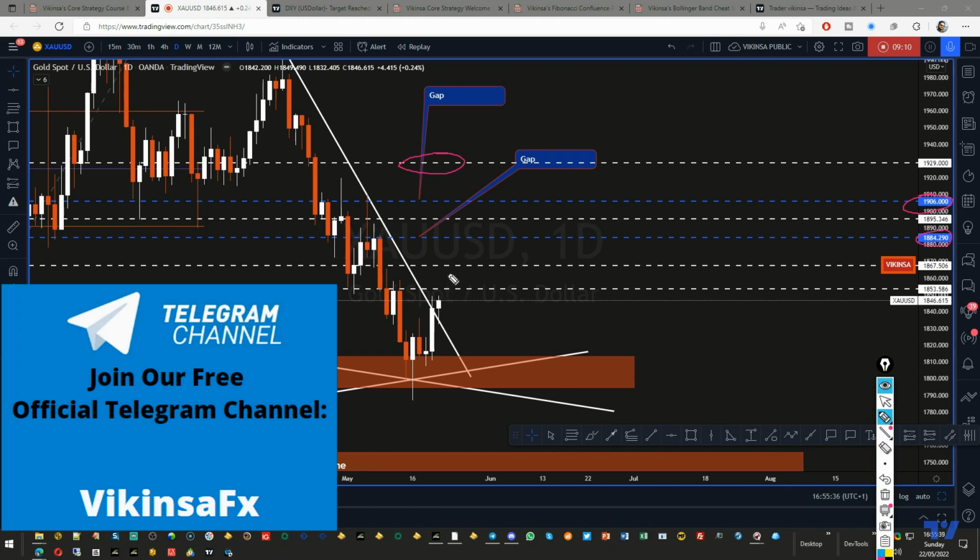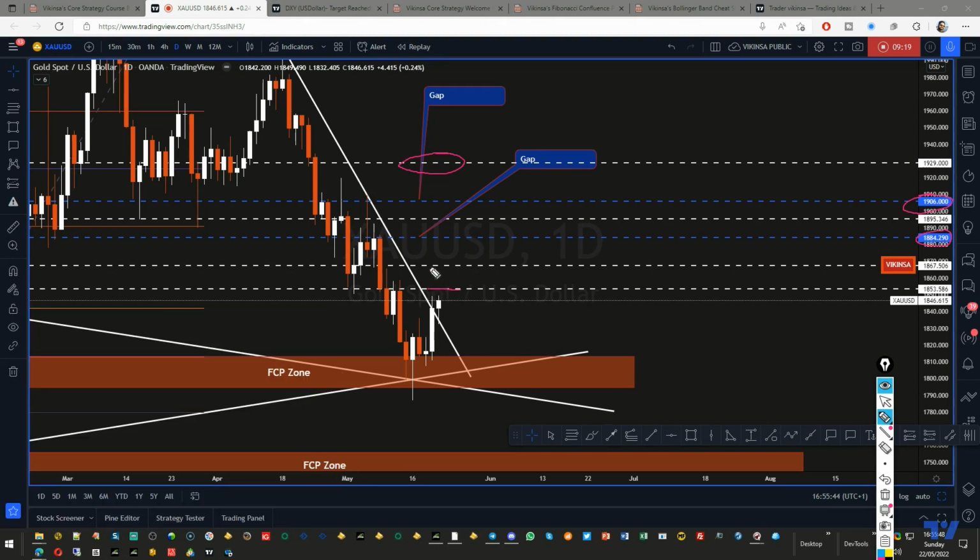So if you're long, then you should take your profits at these levels and wait for further confirmation. So one step at a time, take profit. If I go long, take profit at this level. If I go long, take profit at this level. If I go long, take profit at the next level. This is how you should be trading, because at any of these levels the market will have the potential to fall back down. Hence these can also act as your levels for short entries.